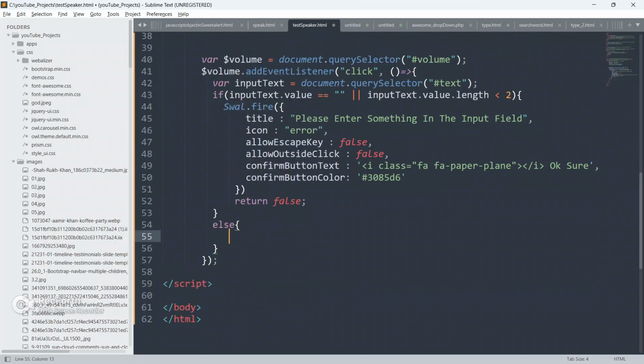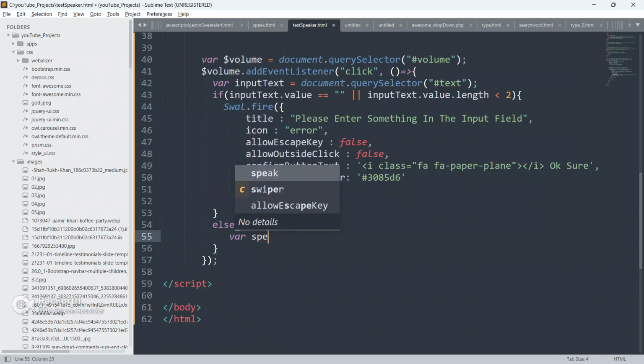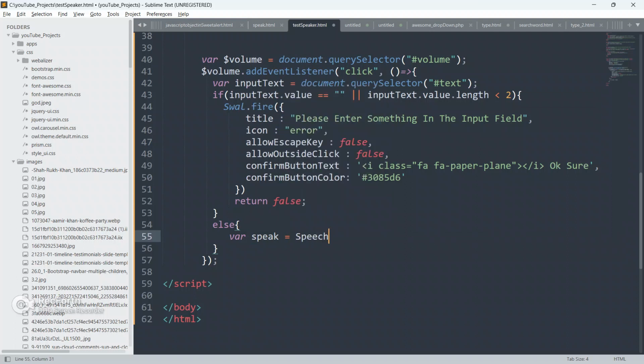Else, we are going to do something extra here. So create a var called speak, and set it equal to speech synthesis utterance.